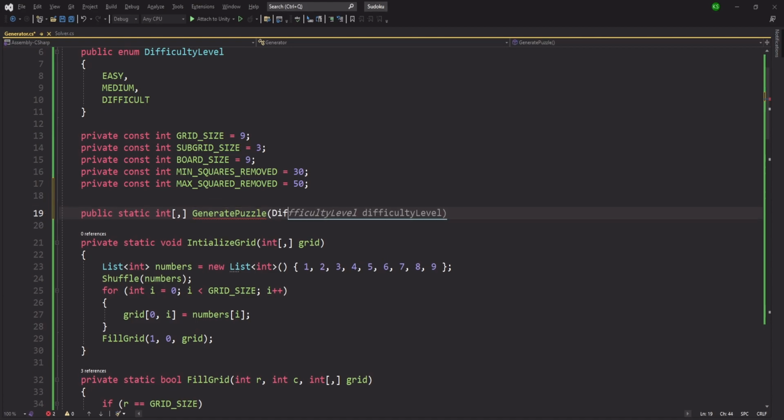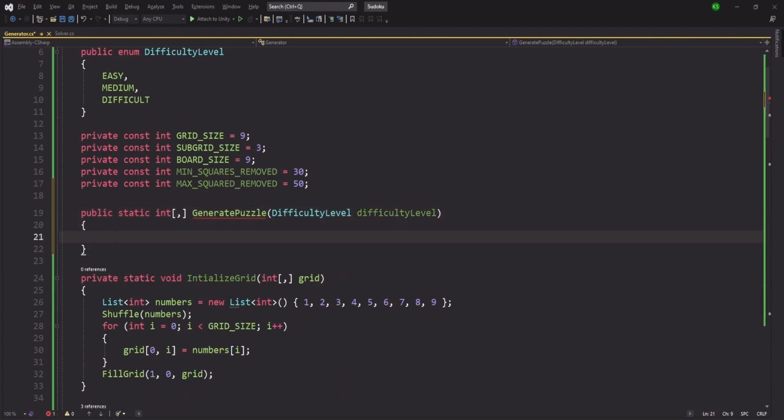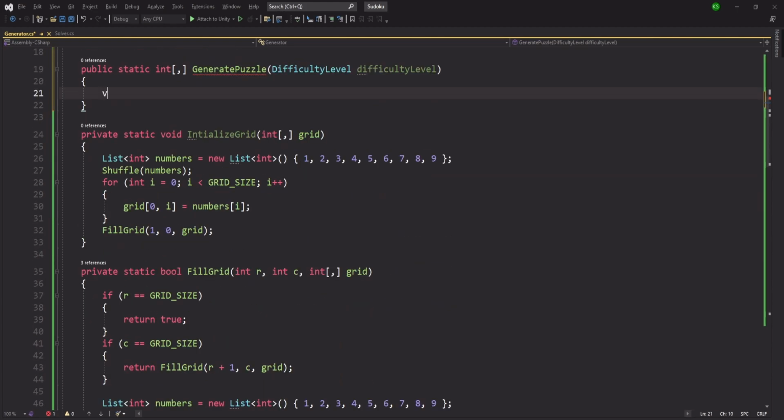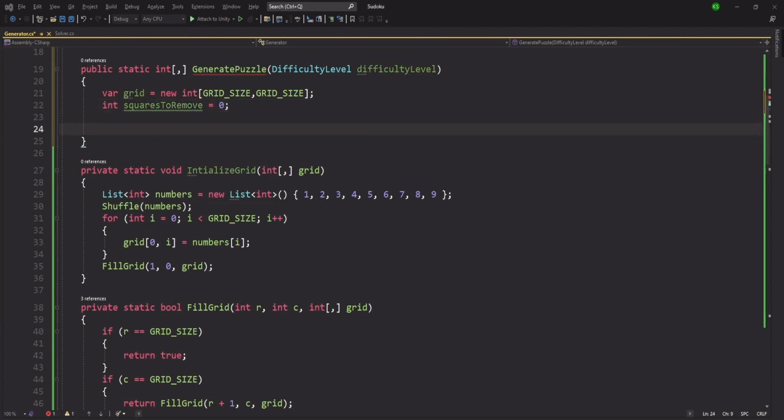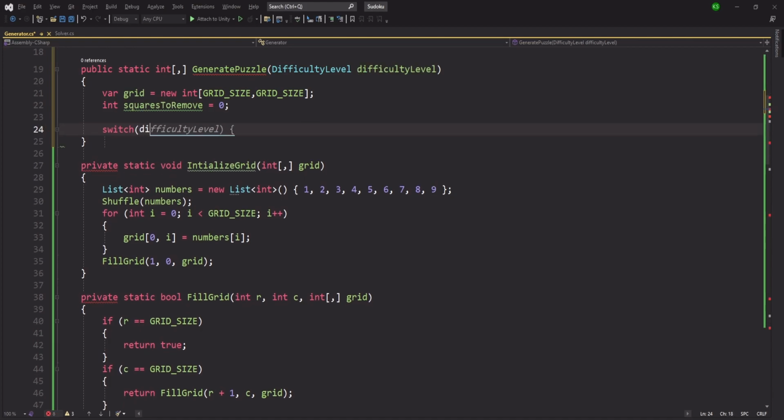Inside our generate puzzle, we are going to pass the parameter for the difficulty level. Let's create new int of grid size, comma grid size, and int squares to remove is going to be 0, and we are going to switch on our difficulty level,